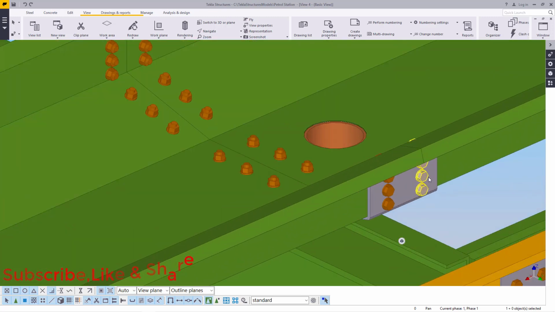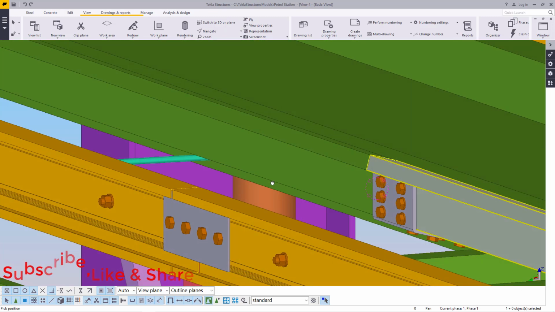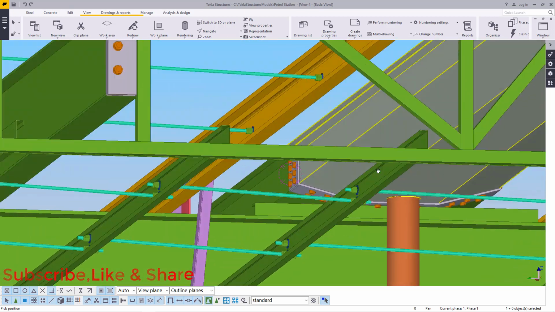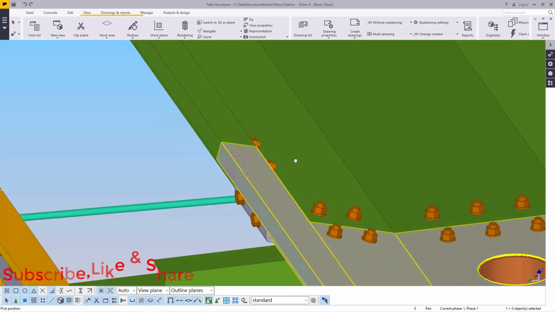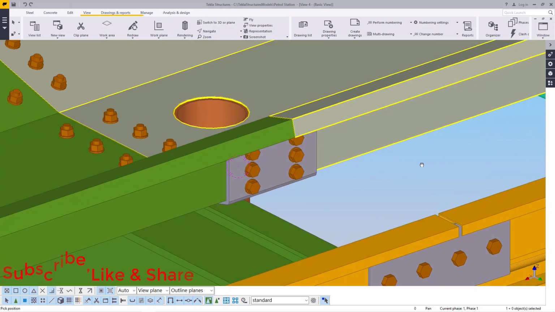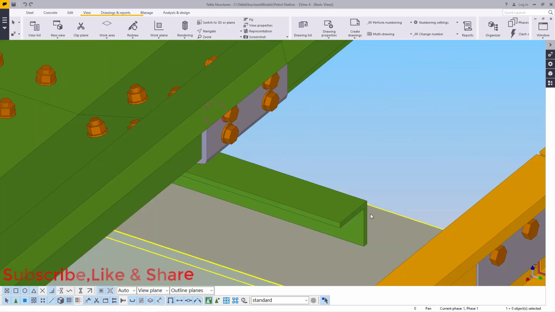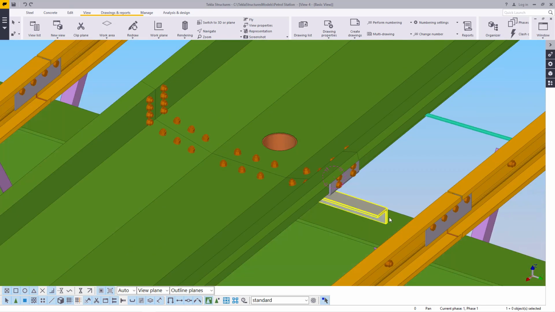So along this valley-gutter, we also have the gutter straps that help us in connecting the two valley-gutters. You can see how they have been connected right here, and it sits on top of a member here, just an angle line, or RSA, welded on top of this beam, just to suspend or to provide a seating for our valley-gutter